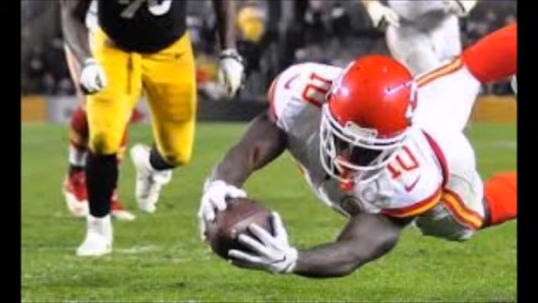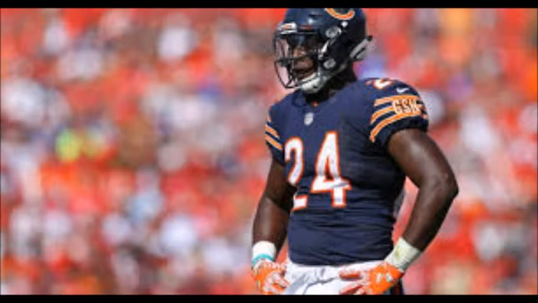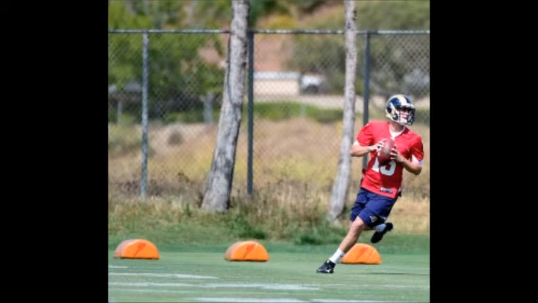Round 6, look at your best player available list. Fantasy owners who have drafted nothing but running backs and wide receivers up to this point should consider a quarterback like Drew Brees or Andrew Luck, if available, or a tight end like Delanie Walker, assuming Kelce, Reed, Olsen are